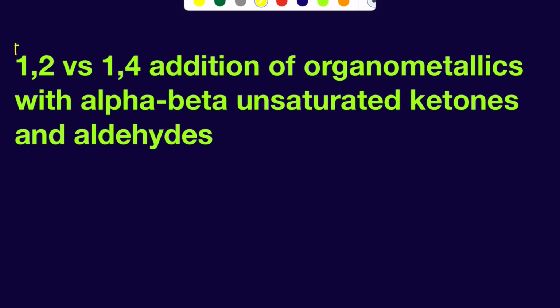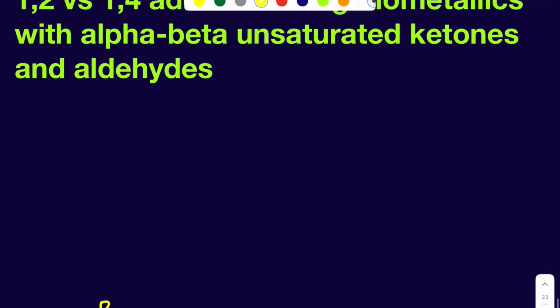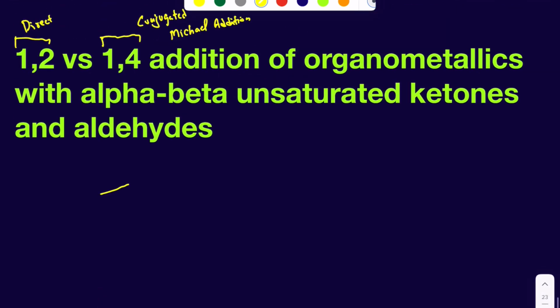Remember that 1,2 is also called a direct addition, and 1,4 is also called a conjugated addition, and another name for that is a Michael addition. And you would see the Michael addition again with other types of nucleophiles as well that can possibly do a conjugated addition. So what that really means, if I'm looking at a ketone or an aldehyde as an example, and